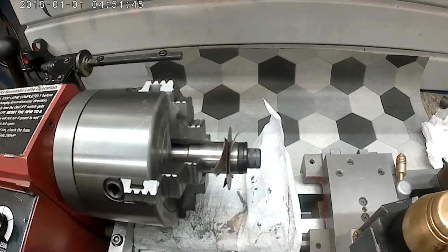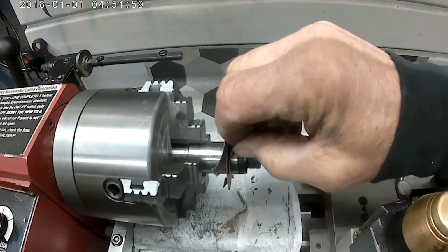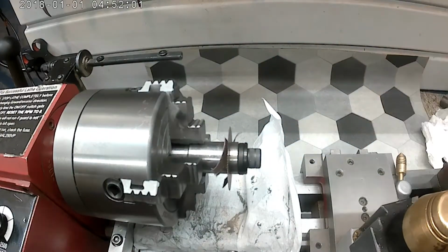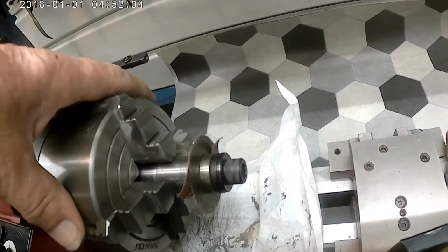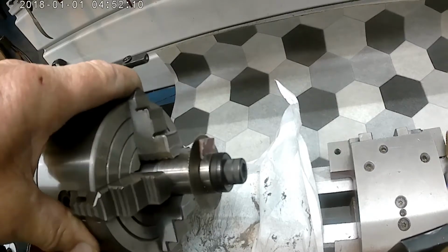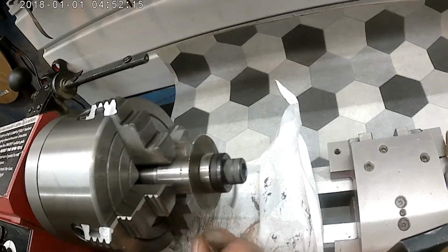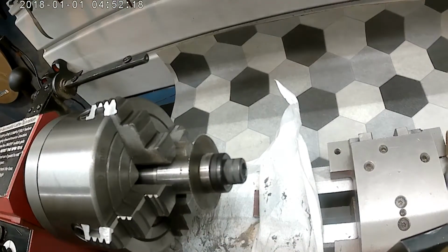So here's my slitting saw situation. It's a keyed saw blade, and I don't have an arbor with a key on it. So I took some emery cloth and put it between the washer or the stop and the blade, and that actually works just fine. I used that to